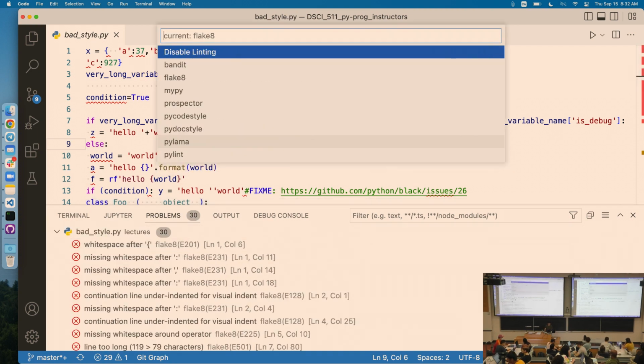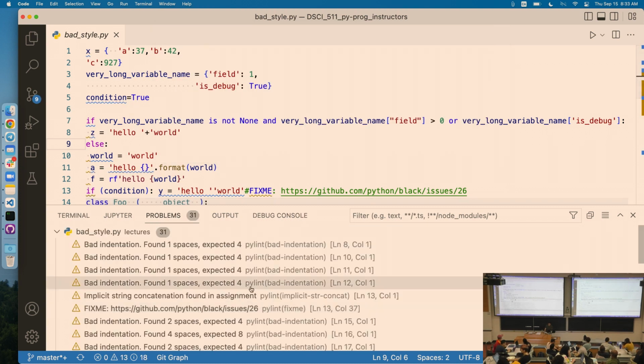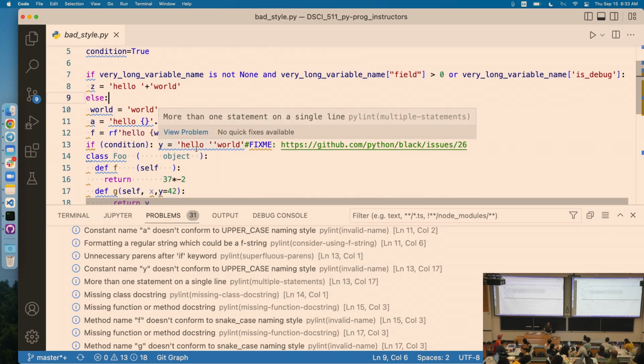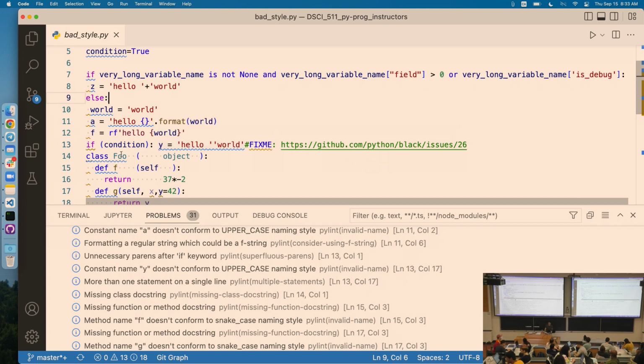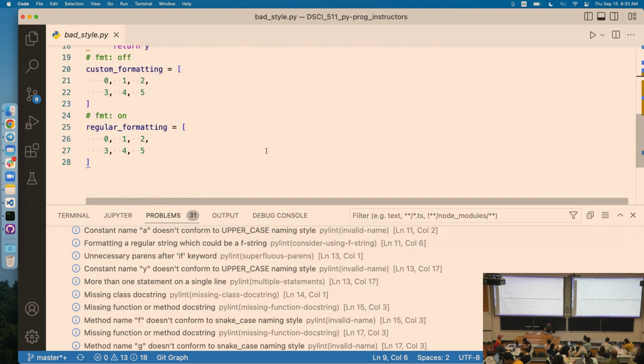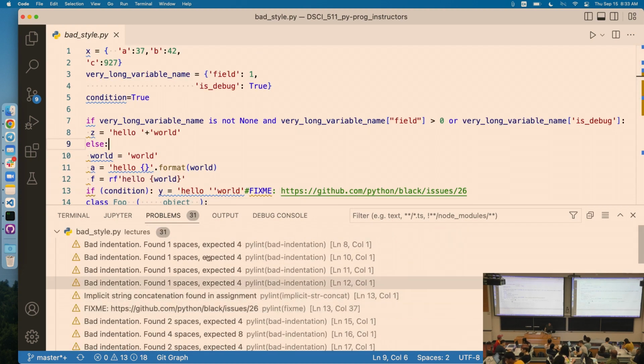I can change it, for example, to PyLint. You can see that VS Code starts analyzing again, and now it gives me different kinds of stylistic errors. Here you can see at the end of the line it says PyLint this time. More than one statement on single line, or for example here it says missing class docstring. It shows you here in the code and also shows you a full list here in this window